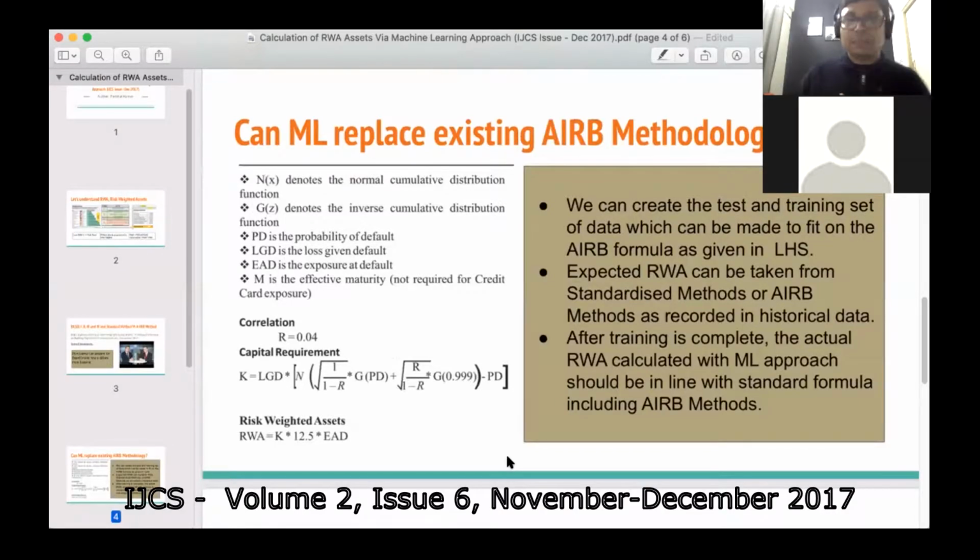Can machine learning replace existing advanced IRB methodology? So, as we discussed in Basel 4 implementation, they were saying that advanced IRB is also not so recommended. Rather, we should force and everything should happen on the standardized method. So, if we look into this formula of credit card, revolving credit card credits and